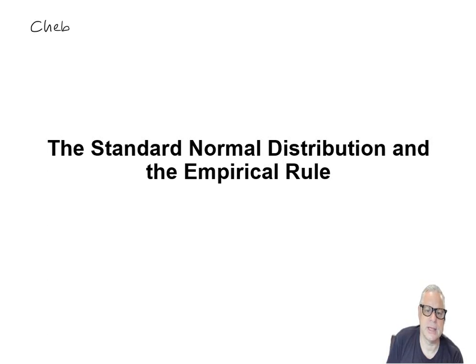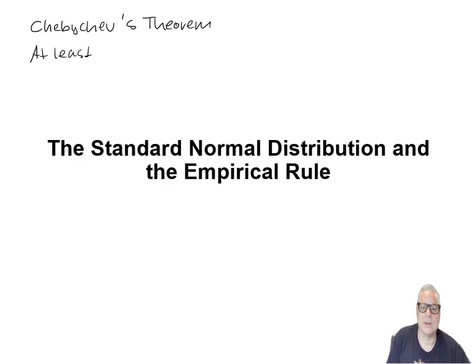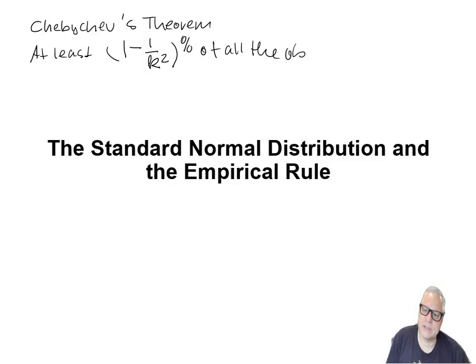So there was another famous scientist by the name of Chebyshev, and Chebyshev's theorem basically says that we can always find at least 1 minus 1 over k squared percent of all the observations